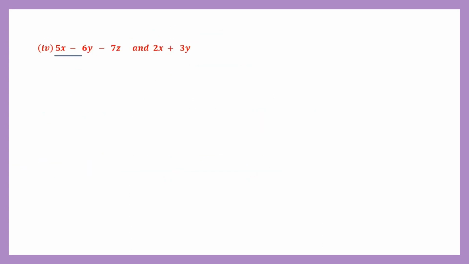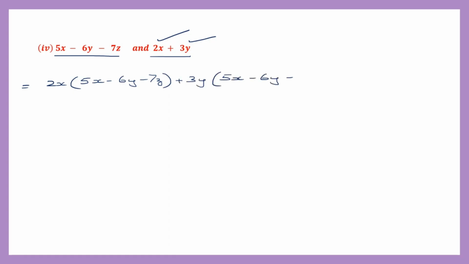So here we have a polynomial multiplied by a binomial. So let's take the first term, that is 2x into the whole polynomial, 5x minus 6y minus 7z. Into the second one, that is, here we have plus 3y into the whole thing, 5x minus 6y minus 7z. So here let's begin. First we multiply